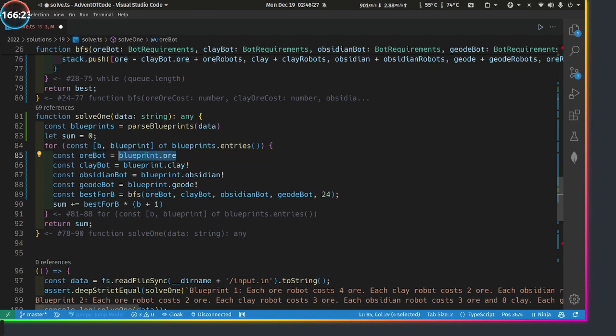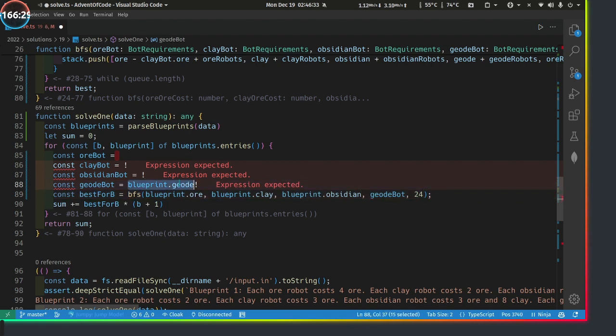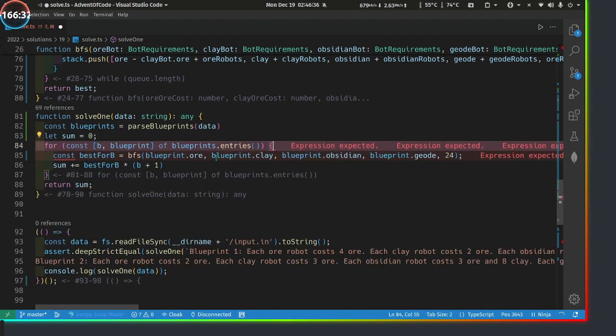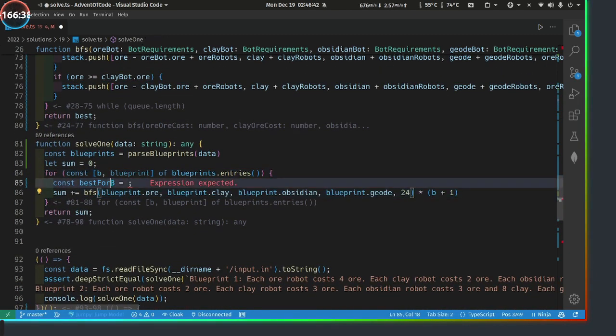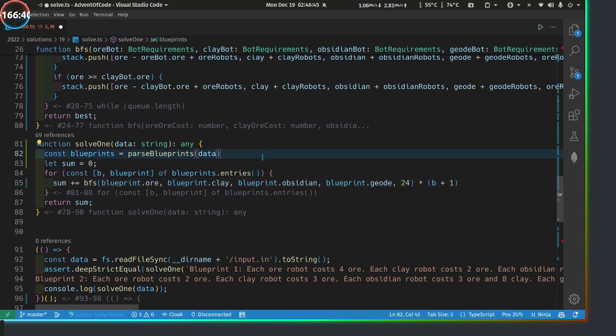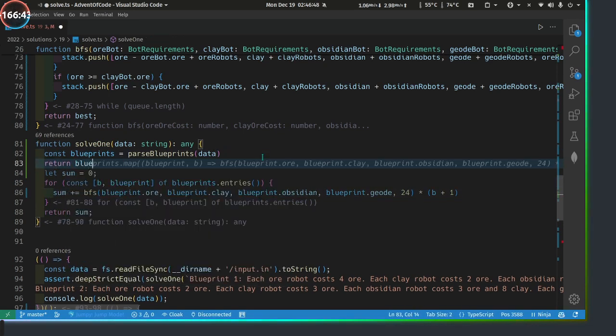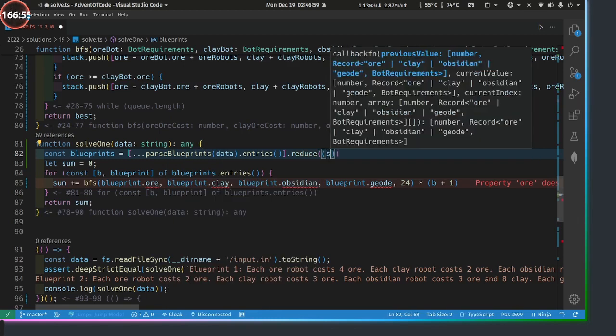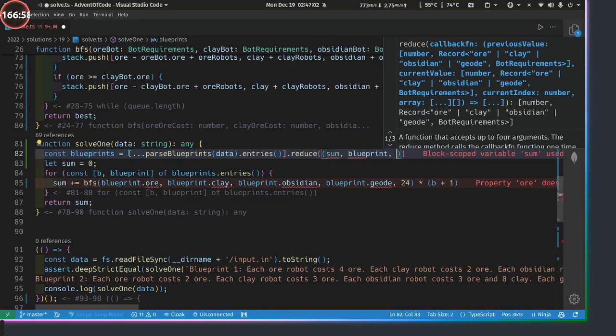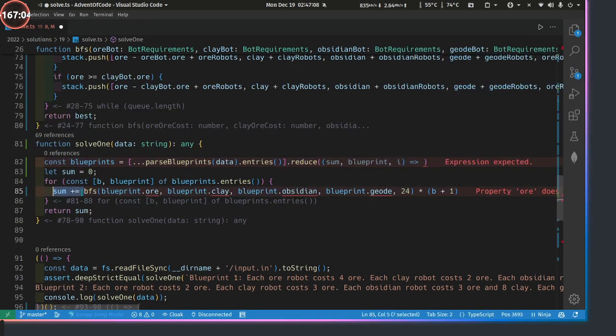Yeah, we can pass it straight like so. I guess they're all possible falsies. The blueprint always contains all, so, oh, never mind. You got it. There we go, we can inline that. Lovely, which means, of course, we can return blueprints, or this, we can return this dot entries, and turn that into an array, so we can call a dot reduce, and then we have our sum, blueprint, index, logic of this right here,